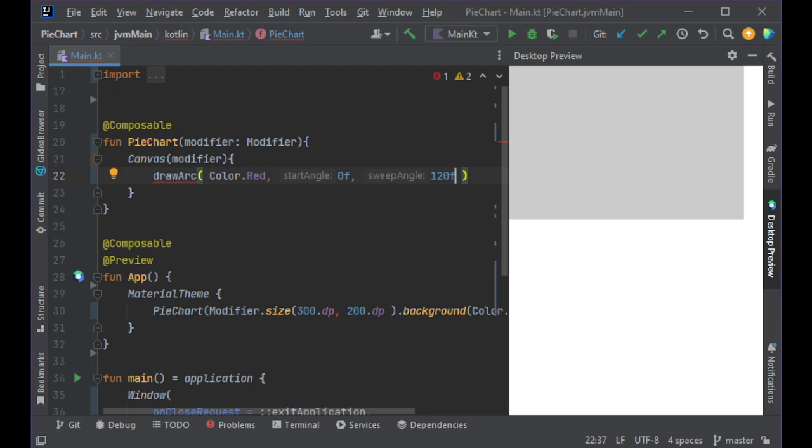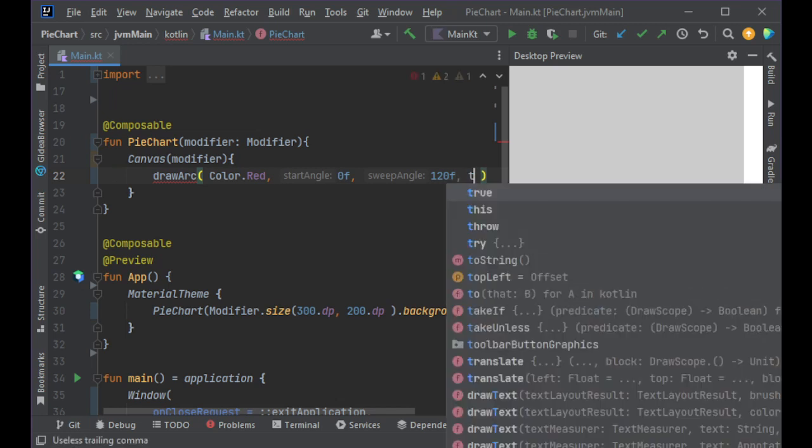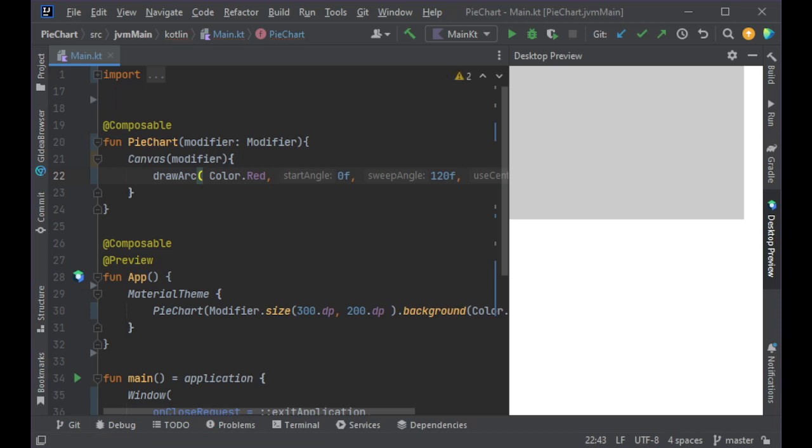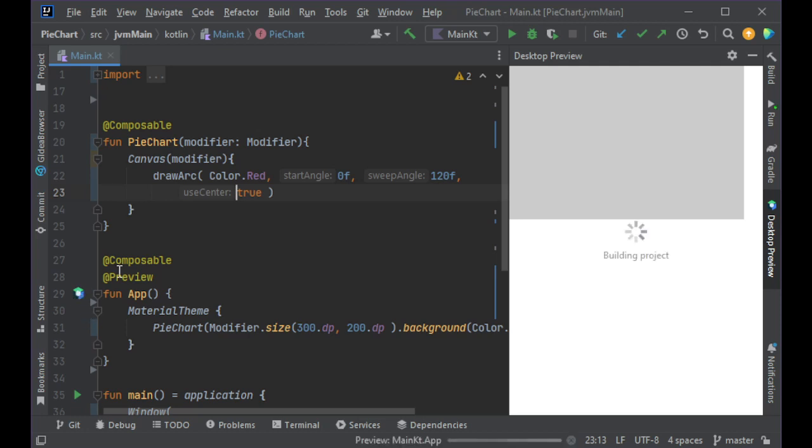So this is 120 degrees, and we also give it a Boolean true, which means that it will be drawing all the way into the center of the circle. And if we preview this,